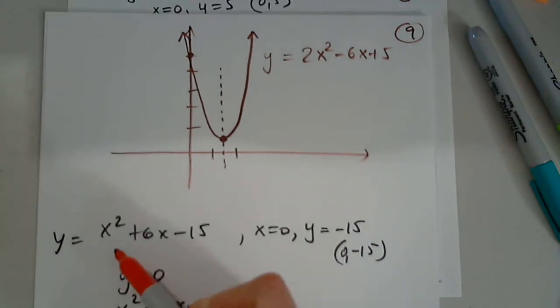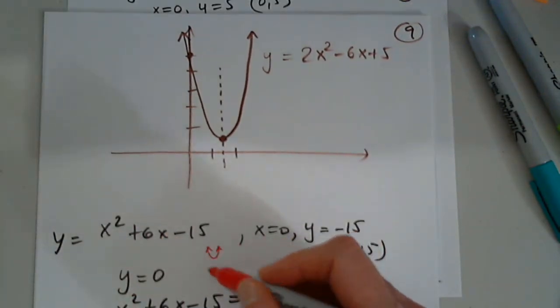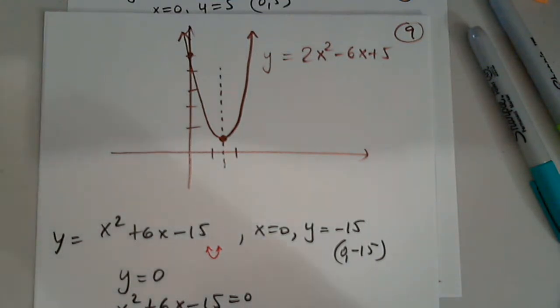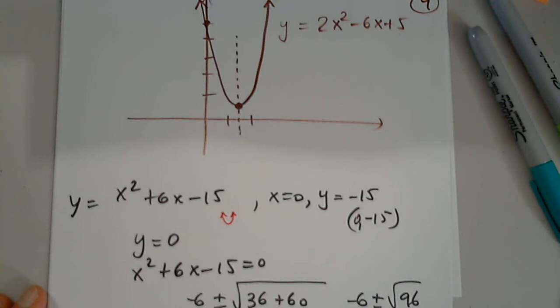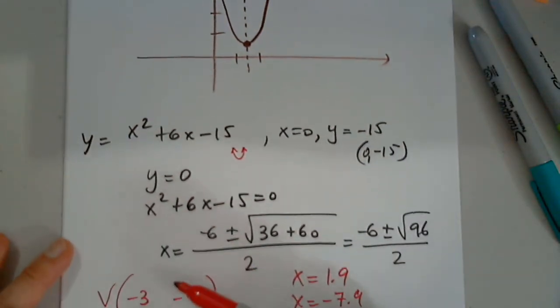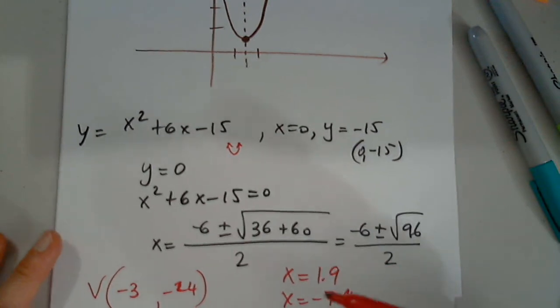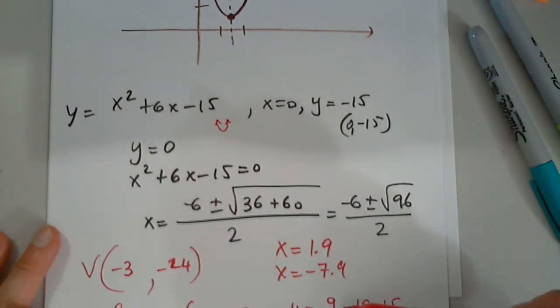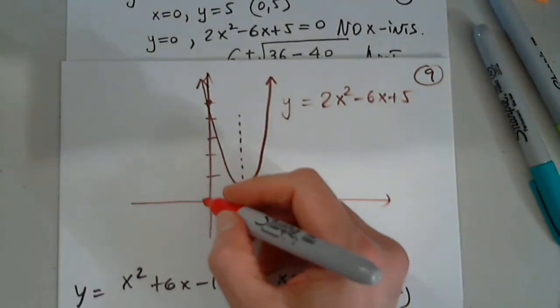So this looks like this. It opens up because the leading coefficient is positive. But now, negative b over 2a, just checking here. This was negative 3x, correct. Okay, negative 33. Yep, negative 24. Okay, so